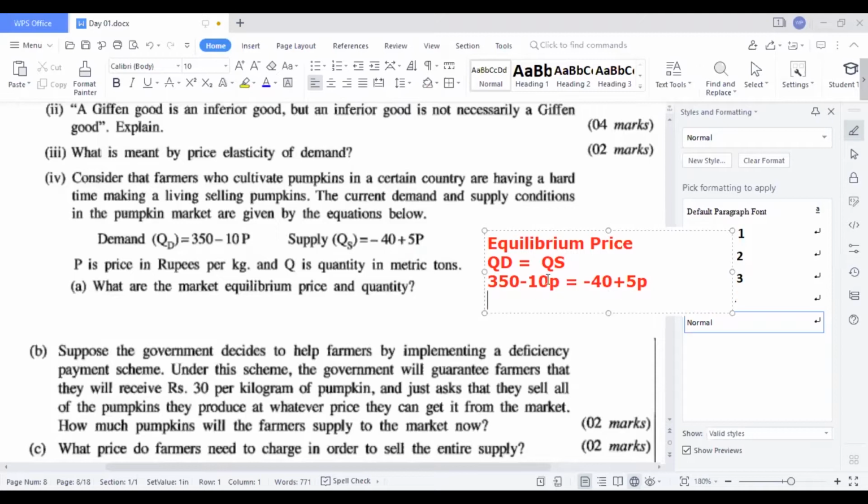Then I got this 40p. I will bring this to the next side. So I got 350 plus 40p, 40 is equal. This is a 2018 past paper, deficiency paper. Actually, this is one of the toughest papers. When I hit the chat, my entire thing goes. Okay, let me write it again, guys. No problem. I'll write here.